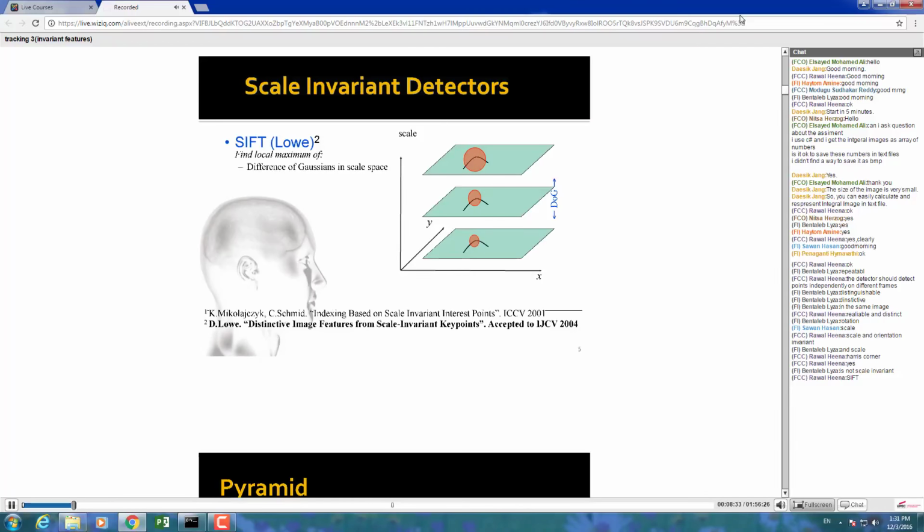So this very famous algorithm, SIFT. The meaning of SIFT is scale invariant feature transform, right? Transformation. It was developed by Professor David Lowe of UBC in 2004. It became very popular, and many algorithms have been using this approach. In this class, we are focusing on this algorithm because even though it's been more than 10 years,